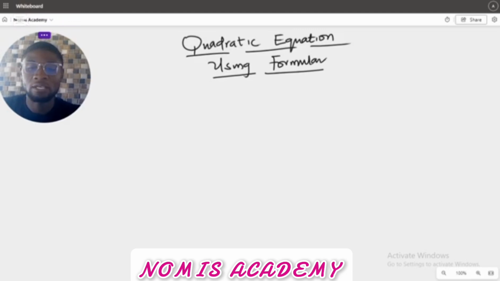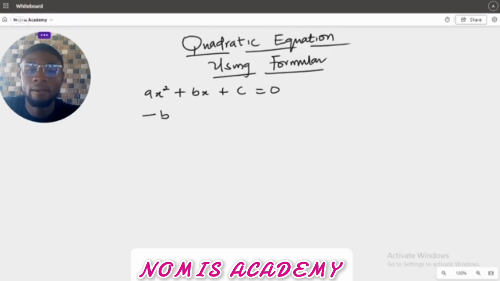Now remember the previous videos that you've watched, we've said that the quadratic equation takes the form of ax squared plus bx plus c, right? You can remember. Now I said that a, b, c are integers, right? So this time we are going to be making use of this a, b, c in the formula. Now what is the formula to be used? The almighty formula is